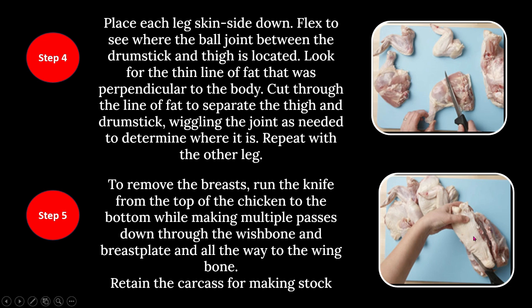What will happen in this style, the breast will be coming out absolutely free of any bones, rather a boneless piece will come out. So two boneless pieces will come out. So what will be remaining? The remaining is the bony carcass. The bony carcass can be utilized for making a stock. Clear? If we are not following step 5, then we will go to step 6, which is also a very